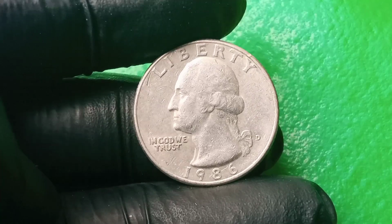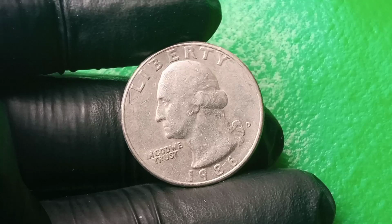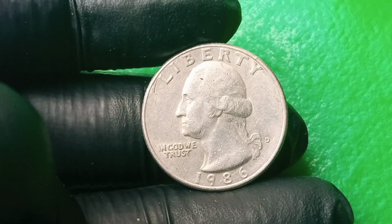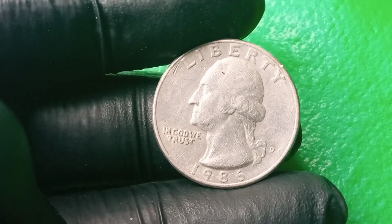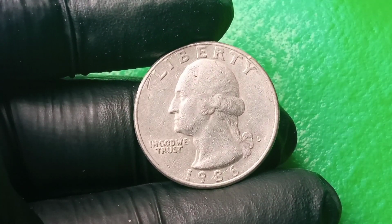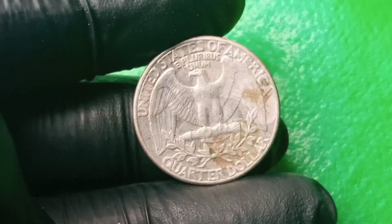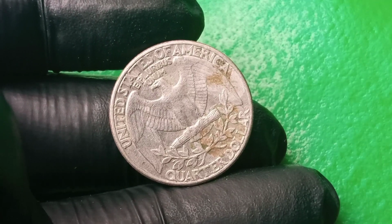And this obsessive search has created a thriving subculture of experts, dealers, and amateur sleuths who dedicate their free time to dissecting every anomaly, cataloging known varieties, and comparing their finds against known examples in hopes of discovering something new and revolutionary. And even the US Mint, though historically reluctant to acknowledge specific error values, has released internal documentation over